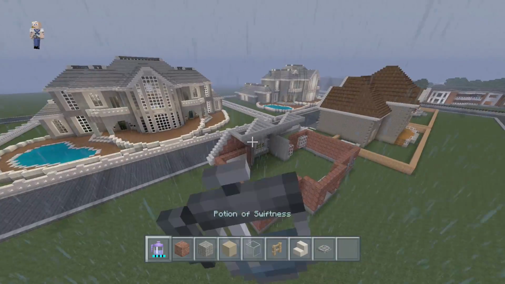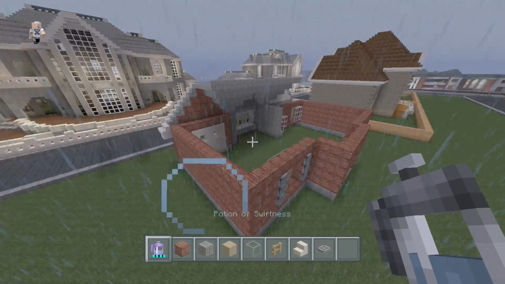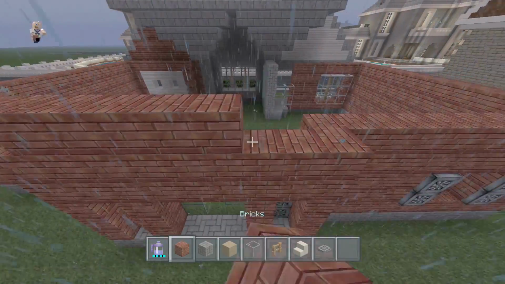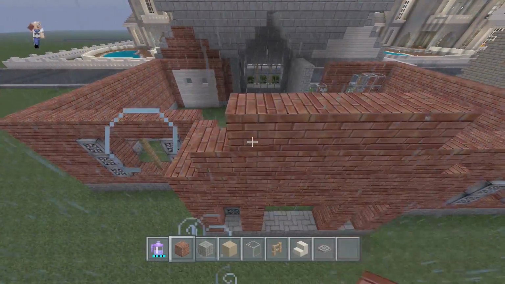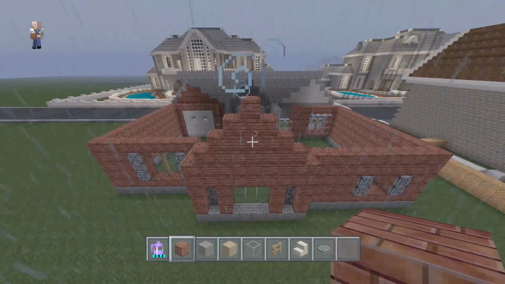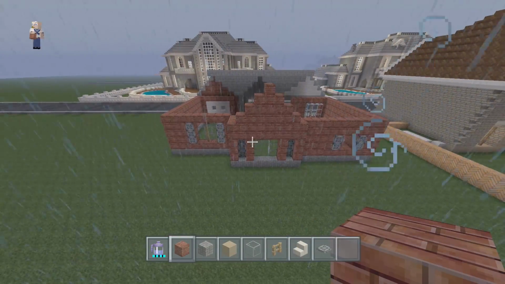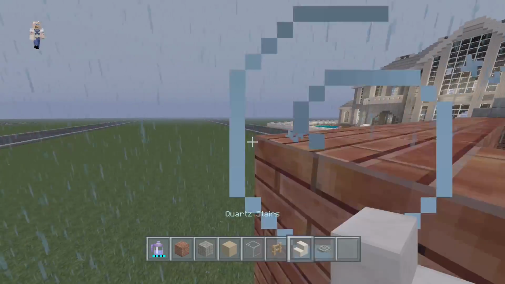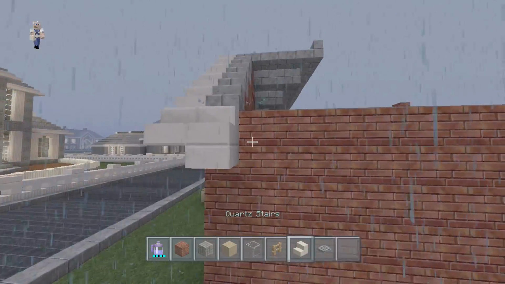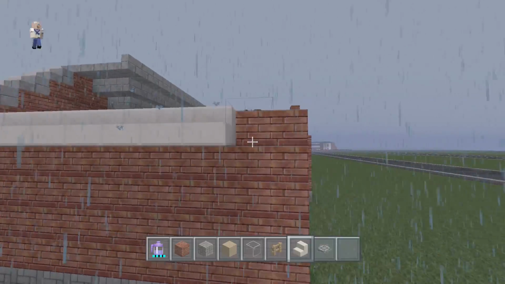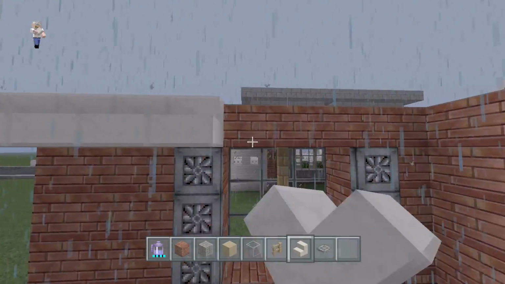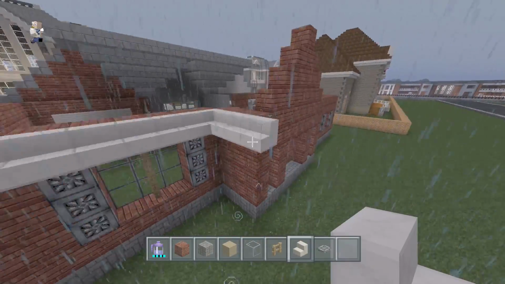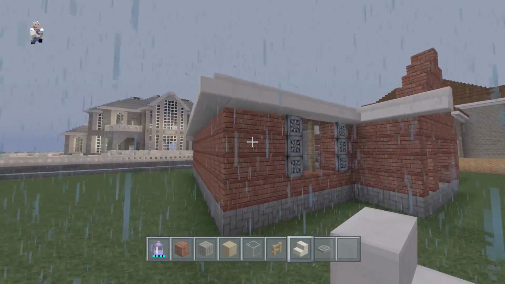So the roof should be pretty simple, right? It's not going to be too complicated, I wouldn't think. We are going to make a stair step here, a stair step wall and roof. It should come to a perfect point considering the fact that it comes to an odd number here in the middle. And let's come over here and extend our quartz around the building. So we're just going to have it turn here and just have it turn again until we get to here. We're going to stop it right here because that's where we want it to stop.